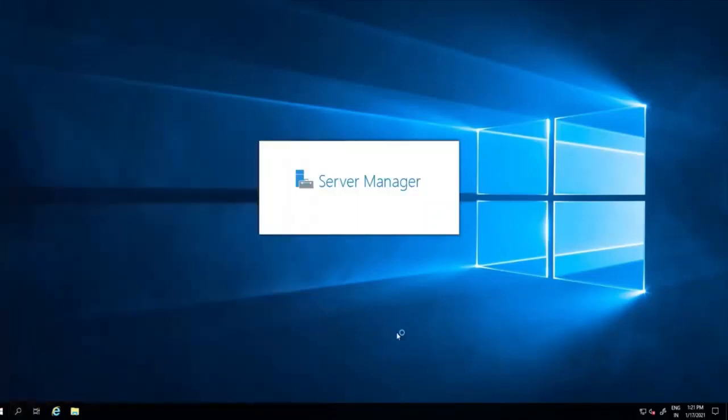Let the server manager come up. We will be using this to enable Active Directory services, and then we will be promoting this server to a Windows Active Directory server.